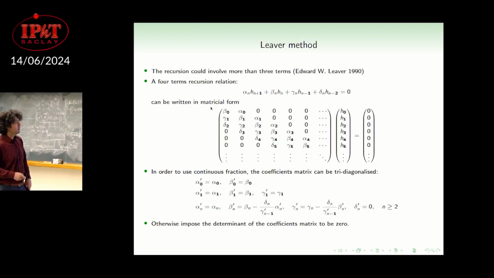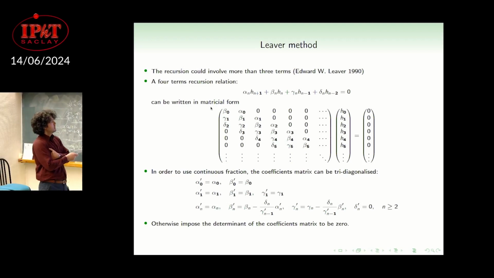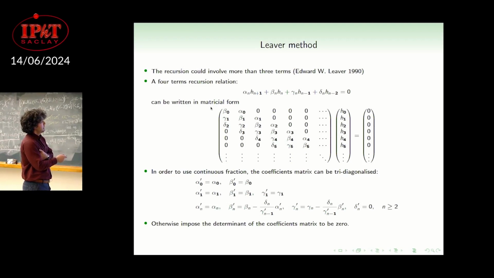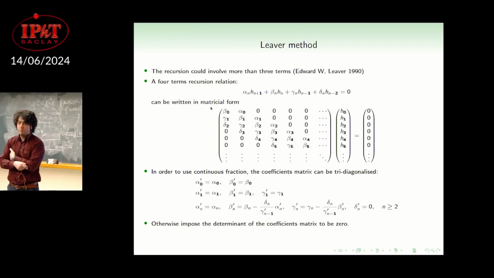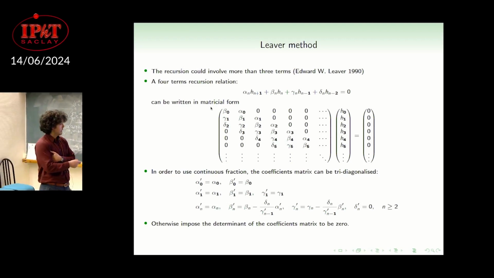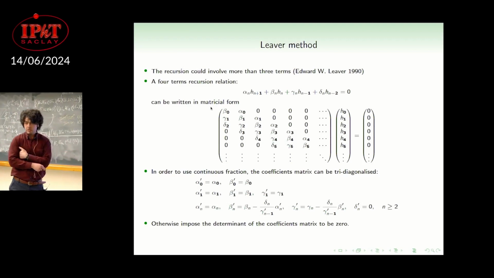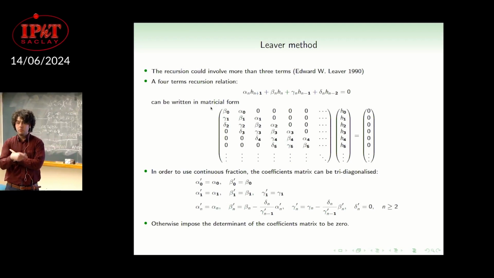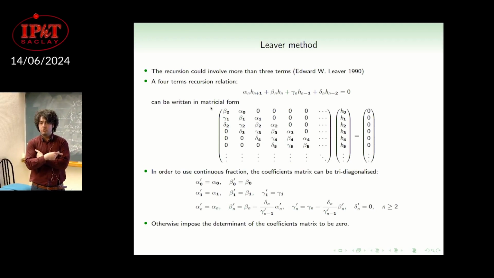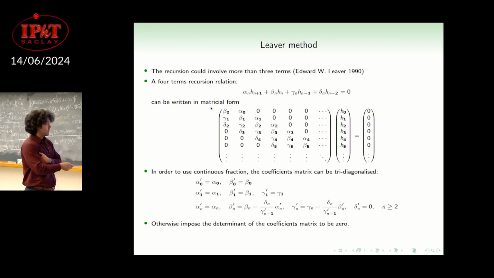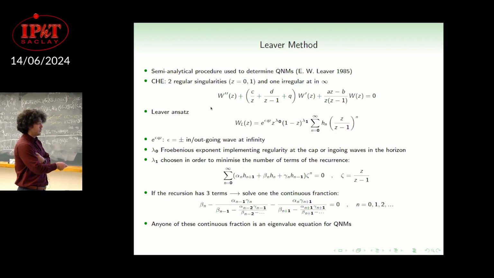But probably the better thing to do is to use the Gauss elimination method, in order to obtain a recursion relation, so a matrix with only 3 terms on the diagonal. And the Gauss transformation that we have to do is the following. Then you obtain a 3-term recursion relation, and again you can use the consistency equation of the 3-term case, I mean the continued fraction.